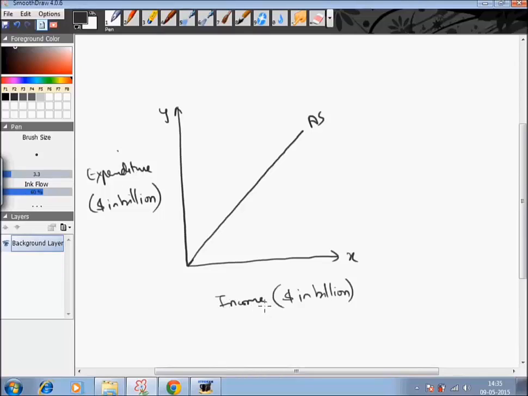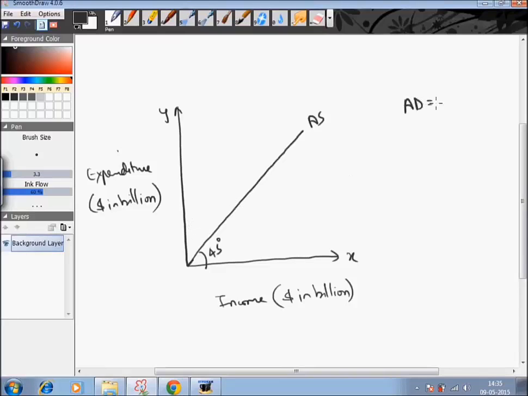If the income is increasing, the expenditure will increase, and both of them will be equal to each other. So we get an AS curve whose slope will always be equal to 1, and it will form a 45-degree angle. What about the